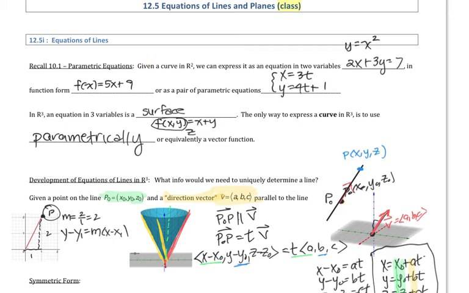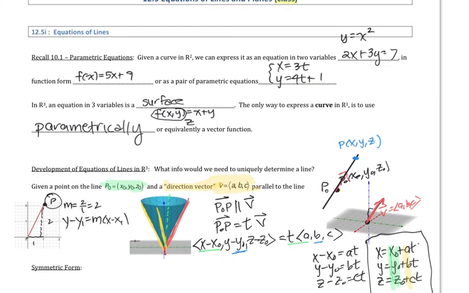We'll look at an example in just a second, but while I'm here, I want to show you what they do sometimes. I usually write the equation of a line that way. You will also see it written in vector form, but you will also see it in the book sometimes in what we call symmetric form. And all symmetric form is a rearrangement of this. If we took this first equation here